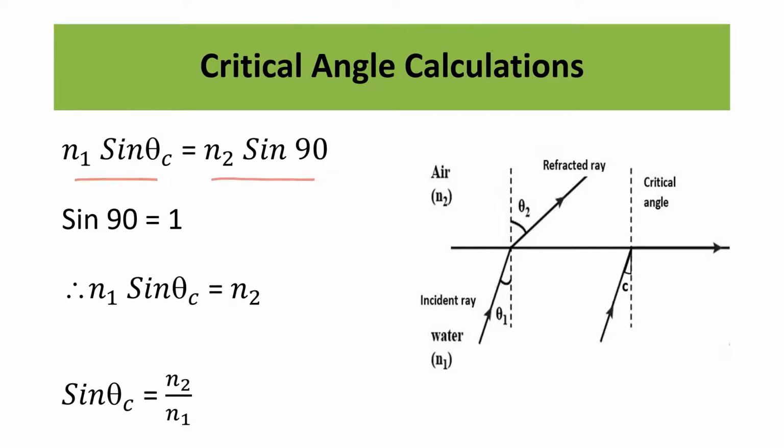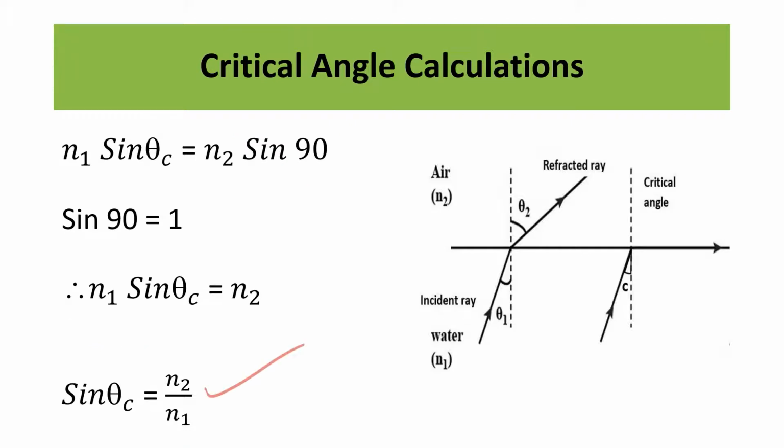What is the value of sin 90? Sin 90 is equal to 1. Therefore, this expression becomes n1 sin theta C is equal to n2, and sin theta C is equal to n2